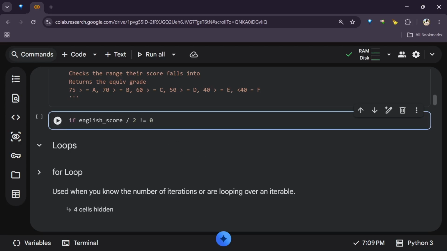What we just did is check if the English score is divisible by 2. How is this done? We're saying English divided by 2 is not equal to 0. Okay, that's equal to 0. So if English modulus 2, we're saying if the remainder of this division is equal to 0, then we say